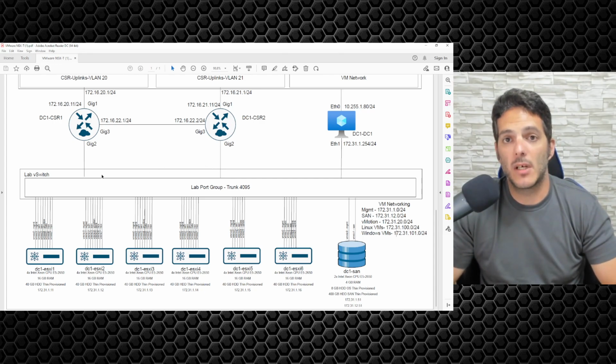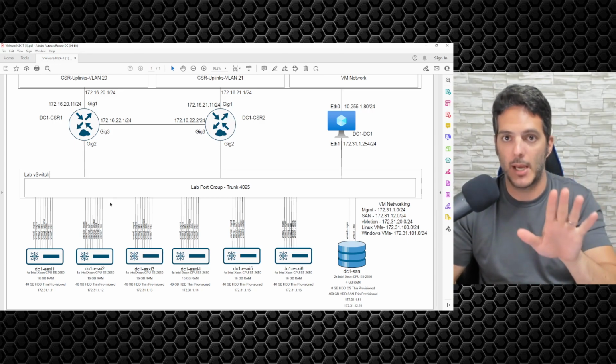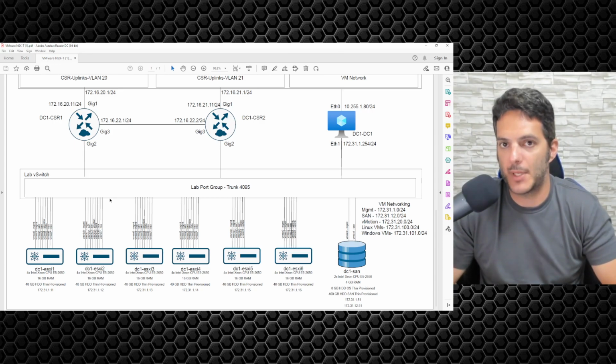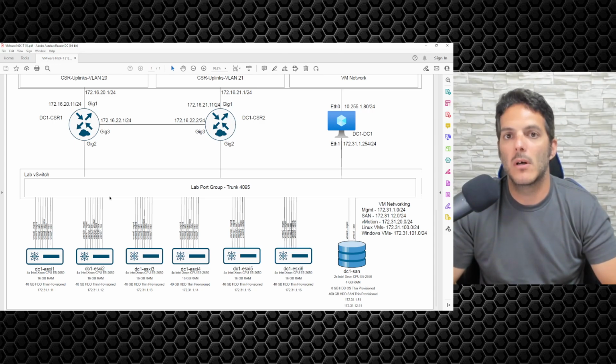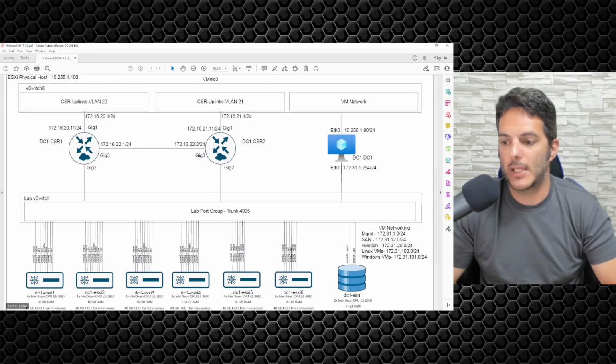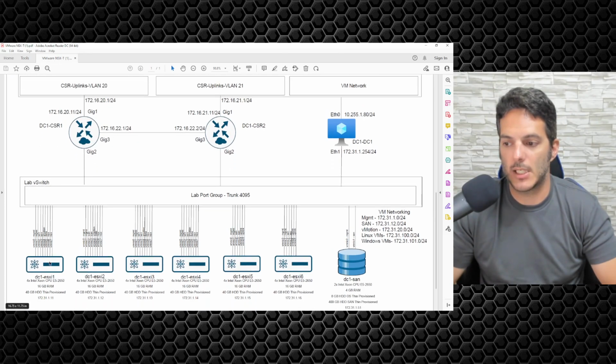Now I'm going to be creating another vSwitch. We're going to call it the lab vSwitch. And the lab vSwitch is not going to have any adapters attached: not VMKs, not VM kernel adapters, no VM NICs, no physical adapters. So it will not be able to talk to the outside world, which means that any networking that sits inside of these ESXi hosts will have to go through the CSR1000V as their default gateway, and